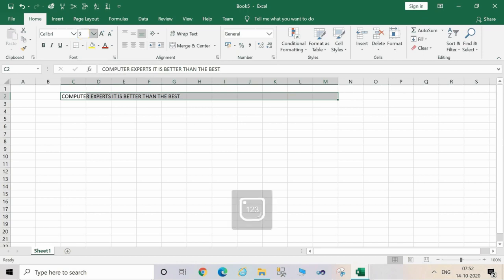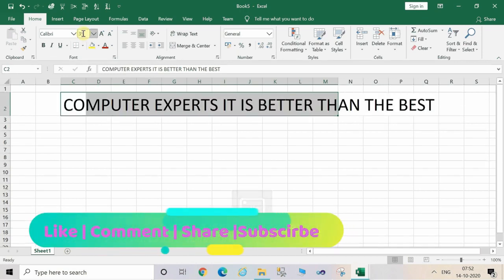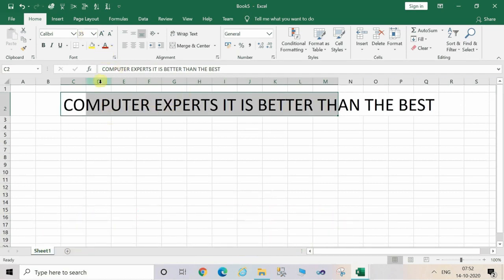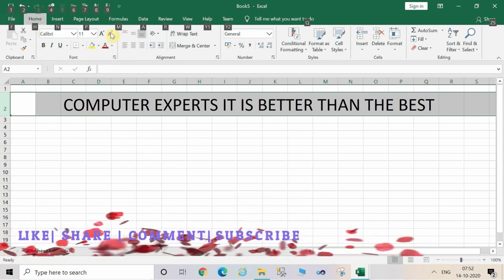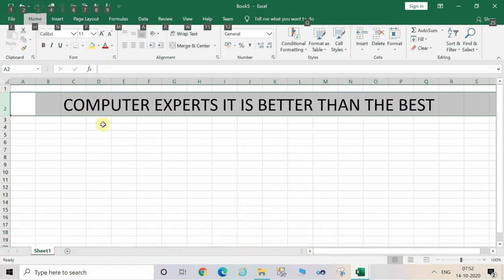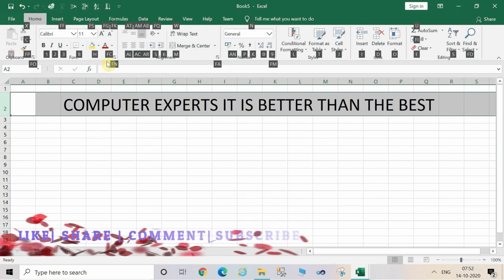And now type here manually from the keyboard, like I'm typing 35. Now the font size will change, right? And now I want to change the color of this text. For this, see the corresponding highlighted key by pressing the Alt and pressing the H, and after that, see here it's FC.